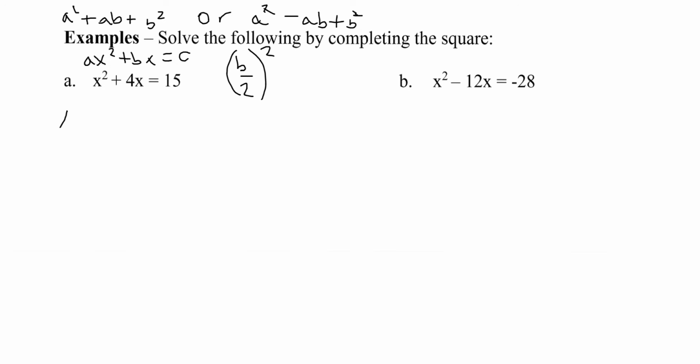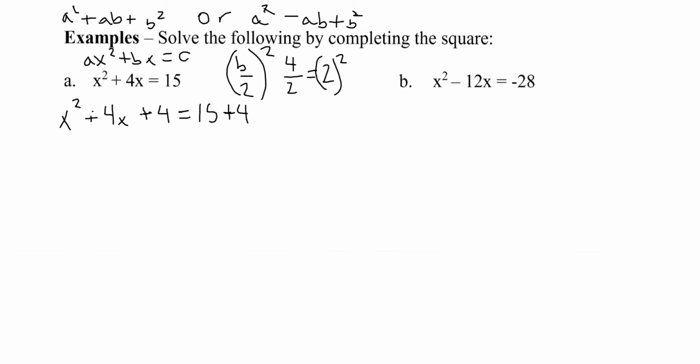So I'm going to have x squared plus 4x, so we keep that. And then when I take my middle term, or b, I have 4. If I take 4 and divide it by 2, it gives me 2. And then I square that, I get a 4. So I'm going to have x squared plus 4x plus 4. And I'm going to add that to both sides. So I'll also have 15 plus 4. Now I'm going to simplify, and I want to